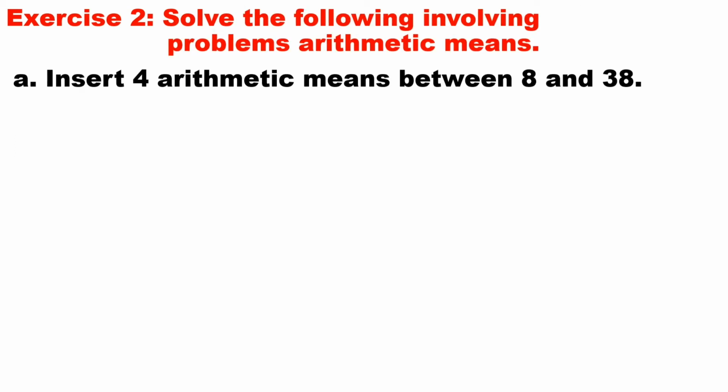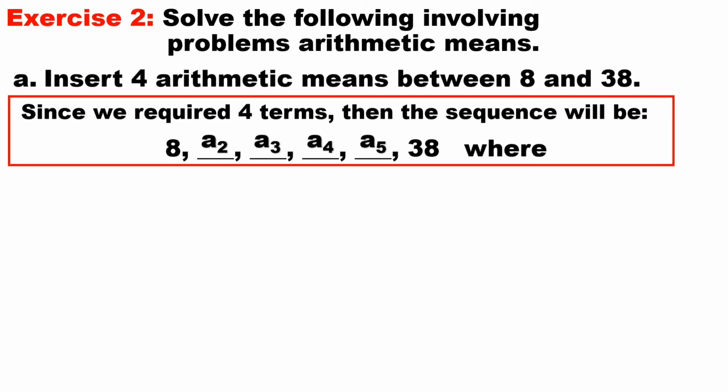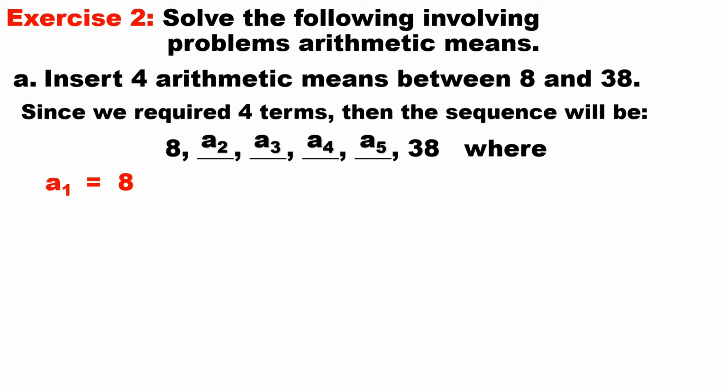Exercise 2. Solve the following problems involving arithmetic means. Letter A. Insert 4 arithmetic means between 8 and 38. Since we are required to insert 4 terms, then the sequence will be 8, A sub 2, A sub 3, A sub 4, A sub 5, and 38. Where the first term is 8, the last term is 38, the number of terms is 6, and the common